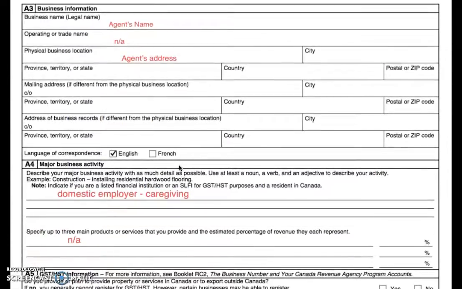Section A3 is the business information. The business name will be the agent's name. The operating or trade name you will put non-applicable, as this is not something you have as an individualized funding agent. And the physical business location will be the agent's home address. At the bottom of this section, you will choose your language of correspondence and then move on to A4, the